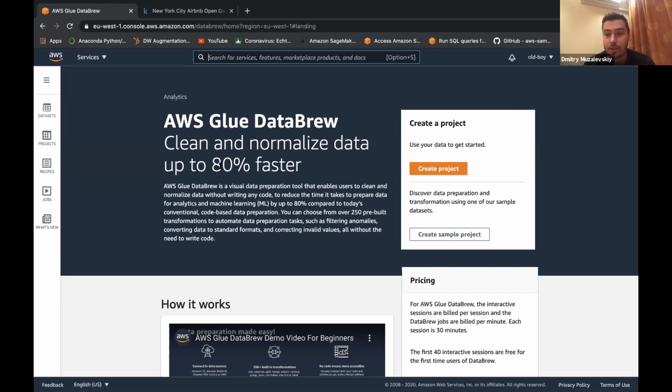specific data purposes. So DataBrew is made, as I already told, both for data scientists and data analysts. For example, if you are a data analyst, you can use DataBrew for reporting, for visualization, for creating different dashboards, finding some different statistics, etc. Yeah, so if you are a data scientist, the main purpose for you to use DataBrew is to get